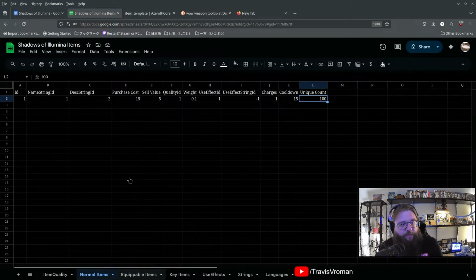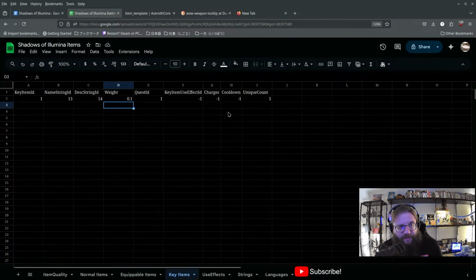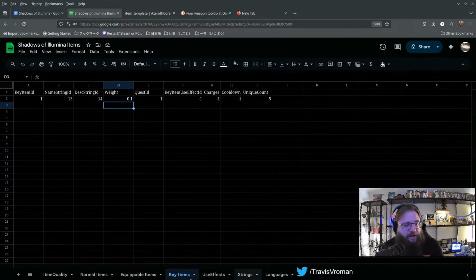And equipable items are essentially weapons and armor, and they have different slot information and how they affect the different stats. So we have all these things, and then key items are quest items, essentially. So they kind of have their own little category, right? So my thought is